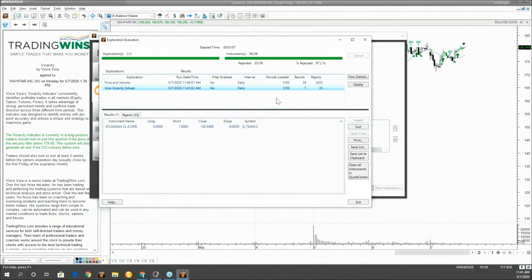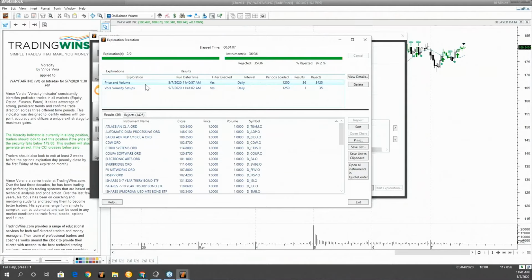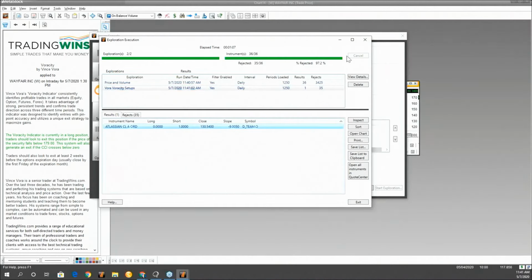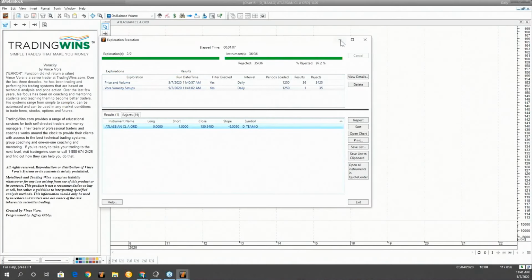So here's a good example. A lot of people were like, okay, well, you're going to get like 50 different results back if you're doing the entire NASDAQ with Voracity. That's kind of why I like to set up that price scan. As you notice, the last scan that I ran was quite large. Once I got to the actual setup, I think it was probably like 15 or 20. I'm never going to look at that many charts at the same time. So this is actually good for us. We're only going to look at one. It's a short opportunity. Let's see how Voracity does with that one.